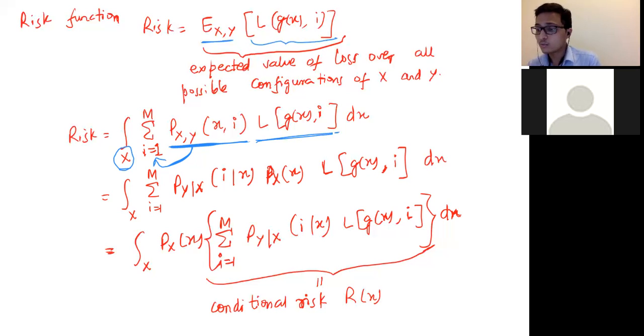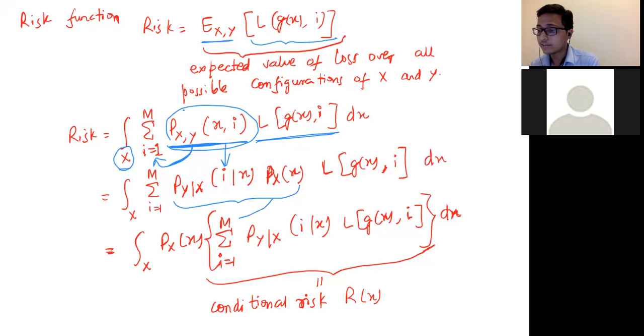So next, what we have done is simply use the chain rule of probability to break down the joint probability distribution into the class conditional distribution. We have broken it down into the probability that the class is y, given that the observation is x, times the probability of the observation. We have broken it down in the opposite way, and we can remove the probability of observation out of this summation.